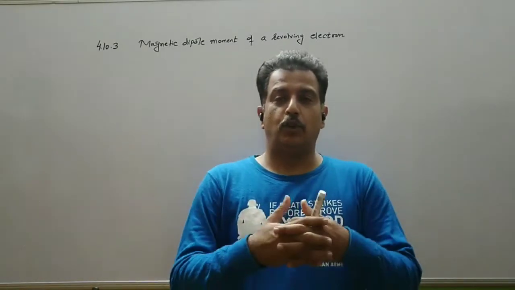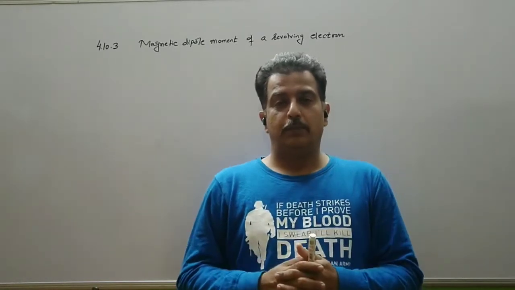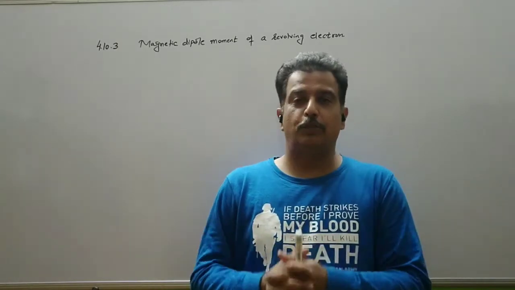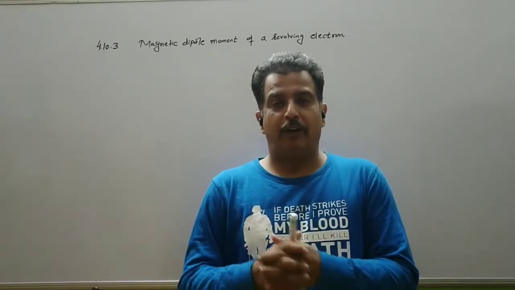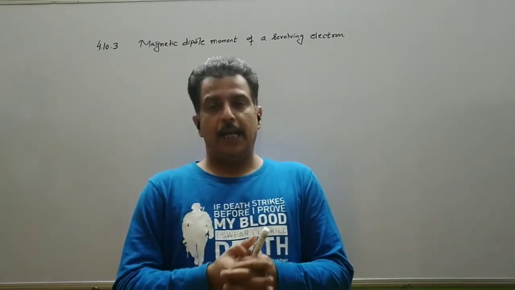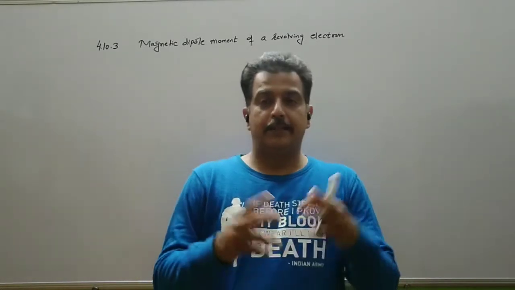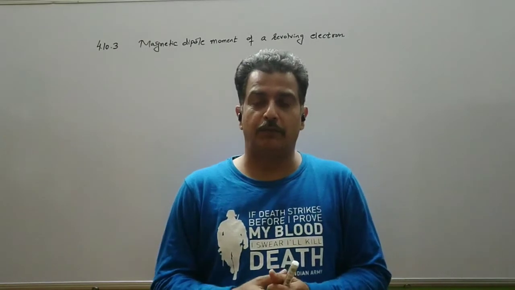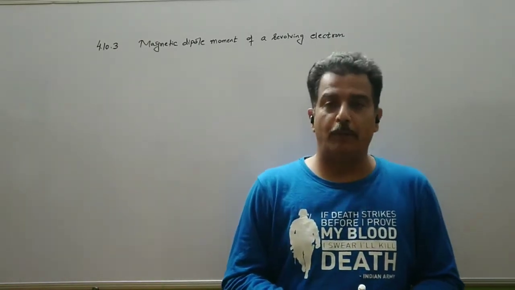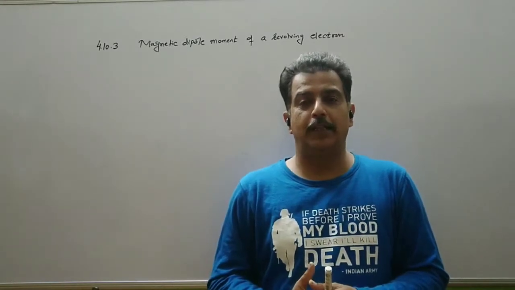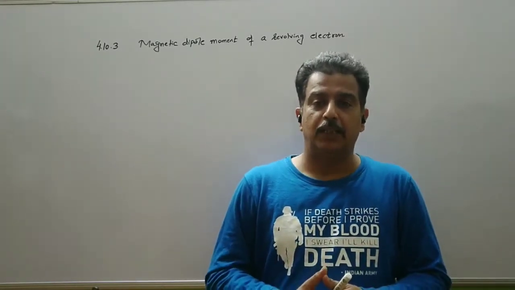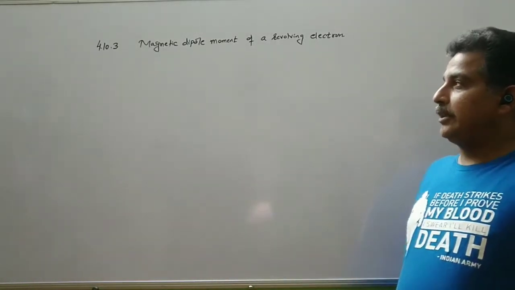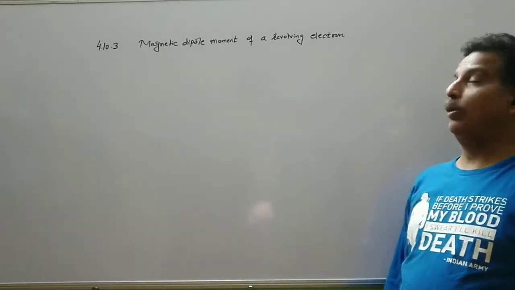Then in the next topic we studied that the circular loop behaves like a magnetic moment. So if a circular loop carries a current, it also behaves like a dipole, and we found that the magnetic field intensity at its axial and equatorial points resembles that of an electric dipole, and we changed the symbol. In place of electric dipole we have a magnetic dipole moment. Also we know that a circular coil carrying current can behave like a bar magnet, which we will continue in the next lecture. Now we have the last portion of this, that is the magnetic dipole moment of a revolving